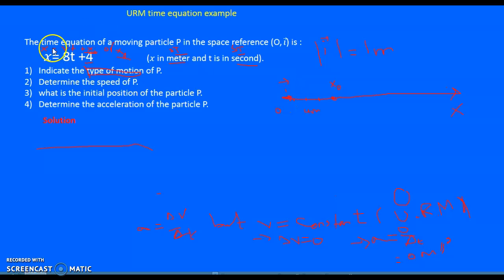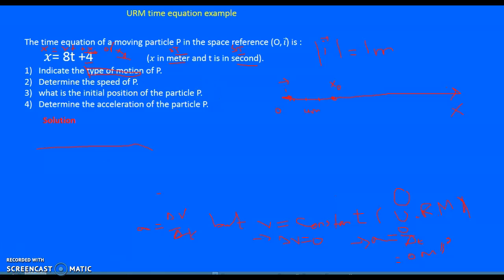Now x equals vt plus x initial; you would encounter it as xi, x initial, or x naught, which means the initial position of motion. So this formula given here, x equals at plus 4, in which the power of t is 1, is in the form of x equals vt plus x naught. So this means that the motion is uniform rectilinear motion. That's why in the first question we ask, indicate the type of motion. So indicate this is uniform rectilinear motion,